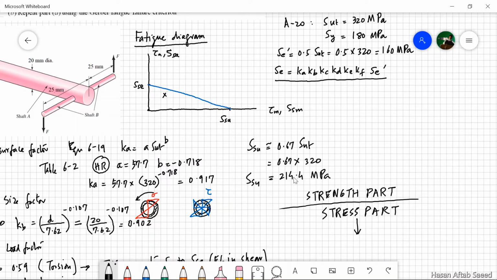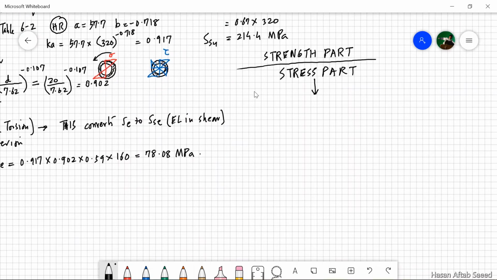So when it comes to stresses, we have to calculate two values, tau A and tau M. These are the two axes, the alternating component and the mid-range component. Now these are the two stress values. KTS has been given to us, geometric stress concentration factor 1.6, but because it's a fatigue problem, we won't be able to use KTS directly.